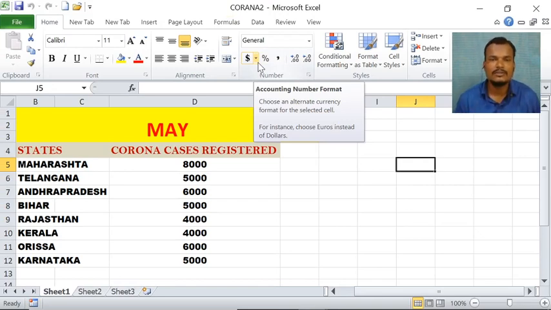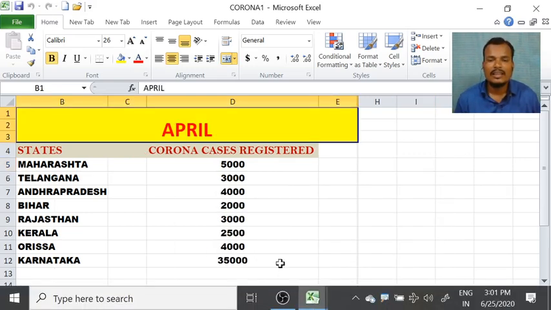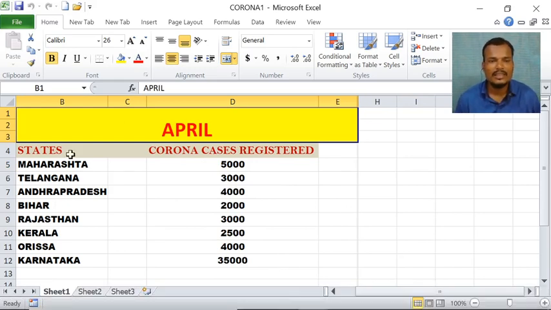In Corona 2, the May month data is there regarding Corona. That means in different states, how many cases are registered in May month. And in Corona 1, in April month, the states are here, and how many cases are registered. Now I want to compare these two different workbooks.